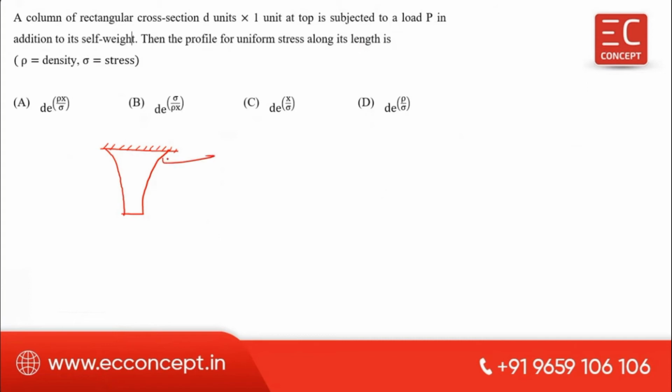So design this bar in such a way that it is an exponential curve. The top area is A2, this area is A1. Then we can write A2 by A1, the final result is A2 by A1 equal to